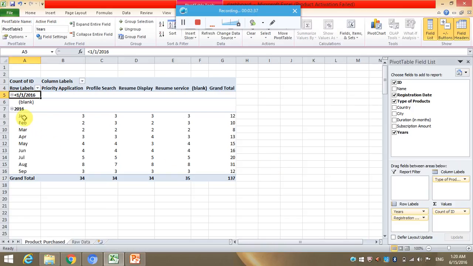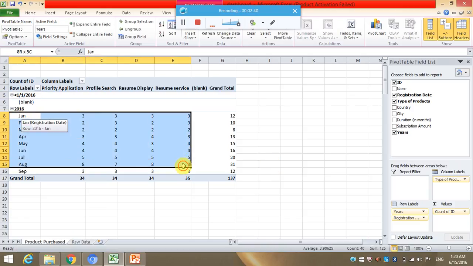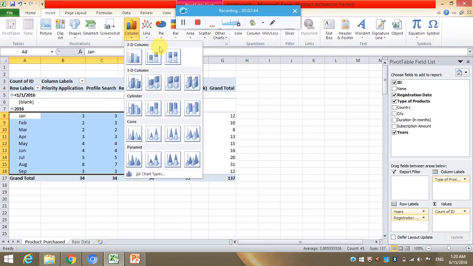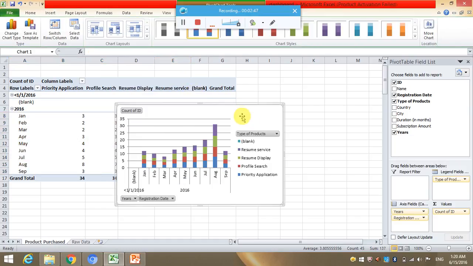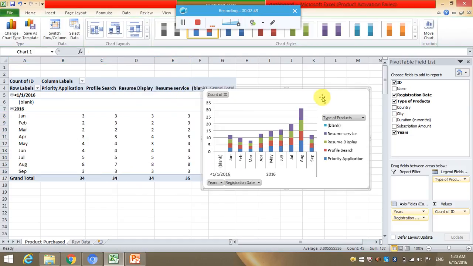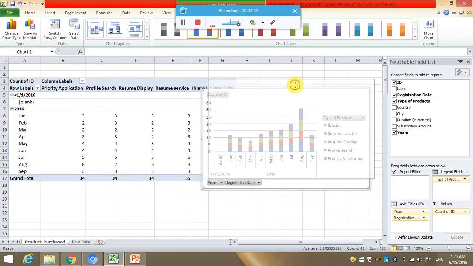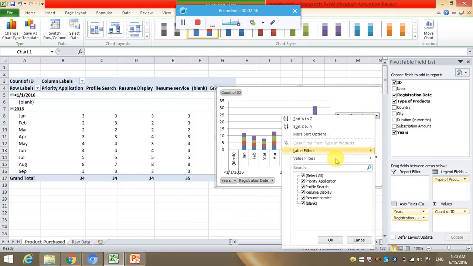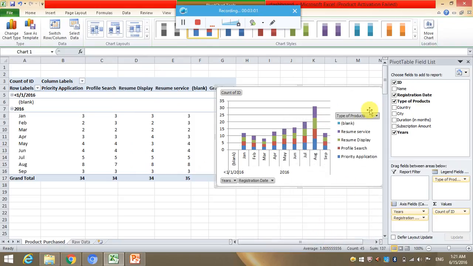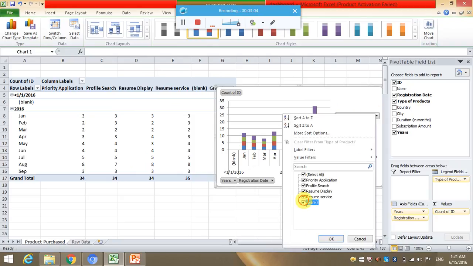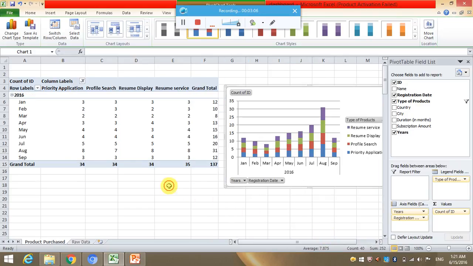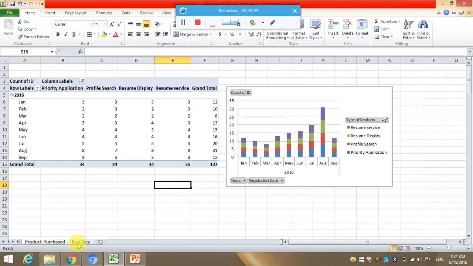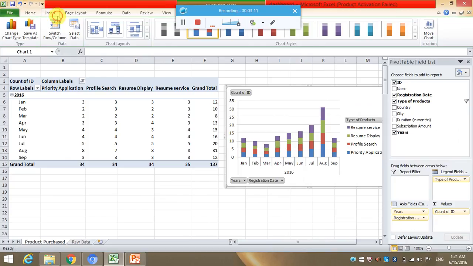We can also create a chart for that, and we see how many people in January or February opted for particular services, like resume services, resume display, file search, and priority application. We can name it as